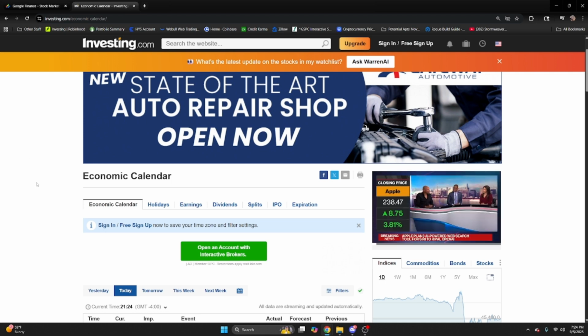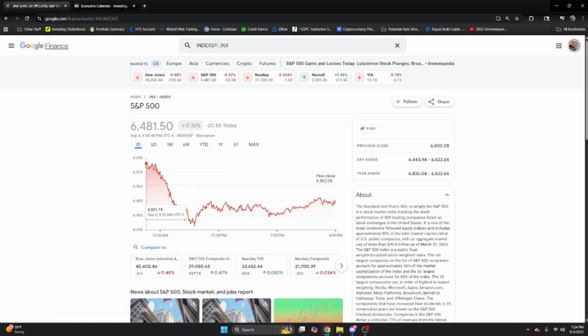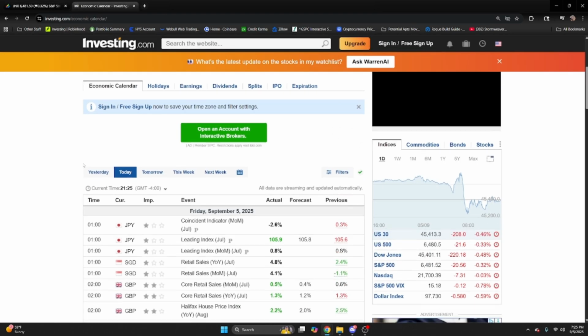as opposed to looking at a chart of the S&P 500 and wondering, okay, why the hell did this open and then completely sell off a whole 80 points or so, 1.32% within the first couple hours of the market being opened. If you want to try to make sense of things like that, you go to the economic calendar, you go